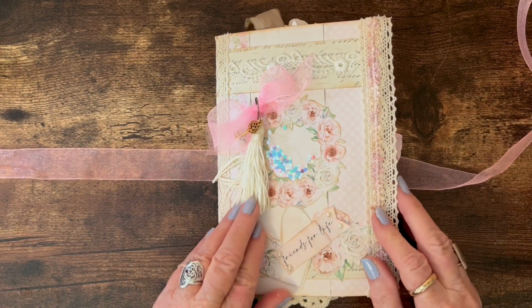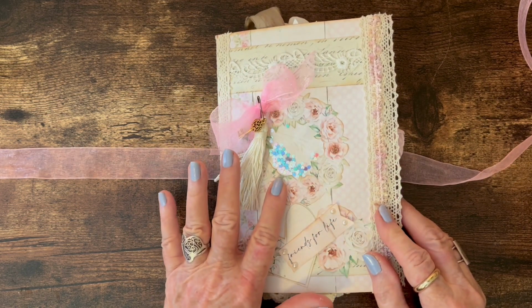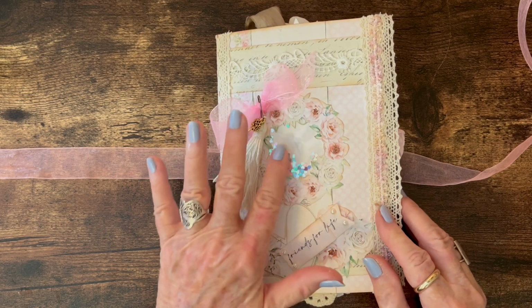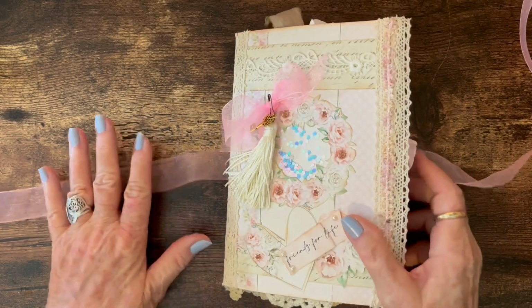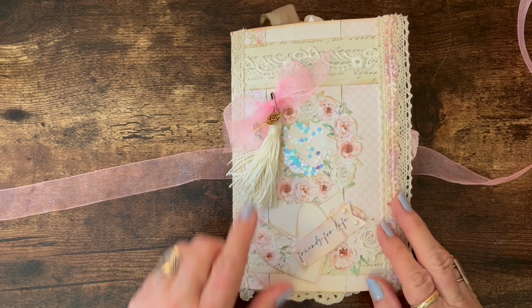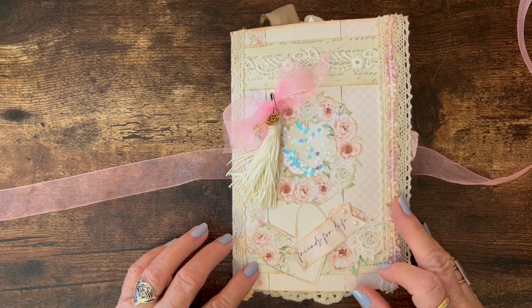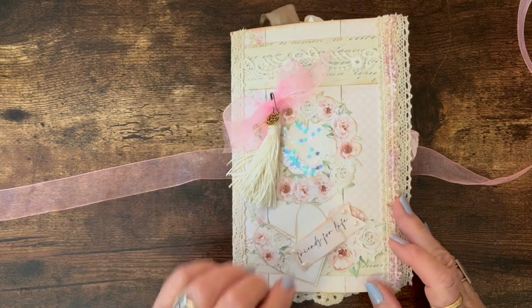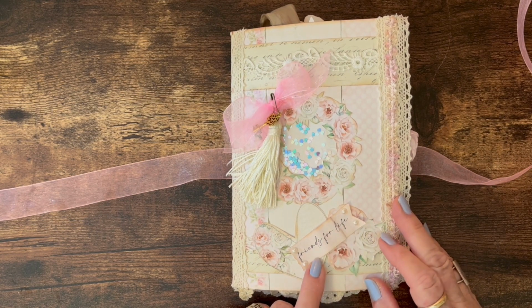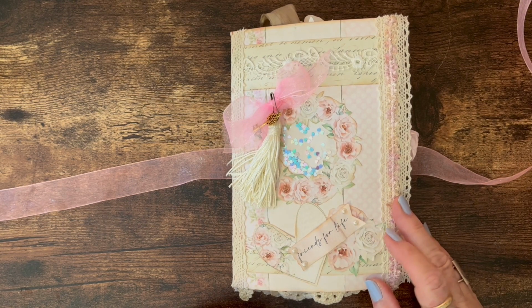On the cover here, I made a shaker out of one of the wreaths, and I have cut out the center of it and put some acetate on there and the shaker little hearts inside. And then in addition to that, I used some of the paper that has the handwriting on it. I thought that looked very romantic and sweet. Some of my pretty white lace, heart, flowers, the Friends for Life, which is the title of the journal, some little pearls,